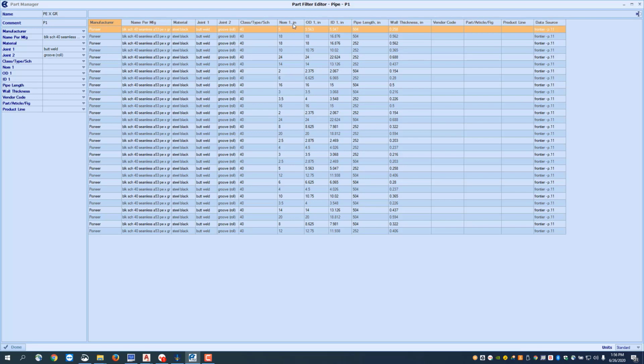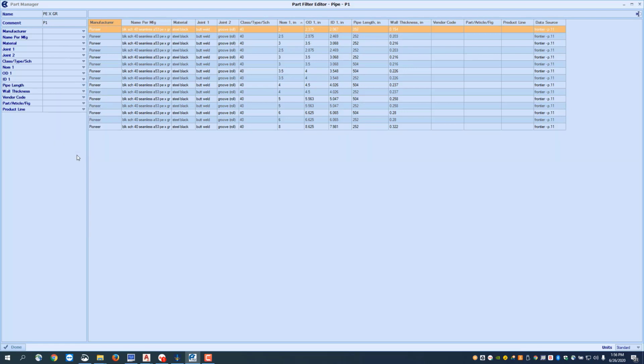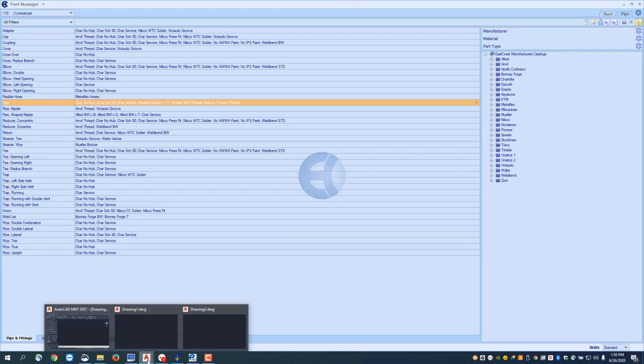If I click on nominal 1 here, you'll notice that I have 2 pipes for every size. That's because I have my 21 footers and I have my double randoms. I'm going to come over to my pipe length, and I'm going to select that I only want to use my 21 footers in this particular scenario. So I just hit the 21 footers. Now I'm down to 1 pipe size per diameter. We're done in Part Manager,